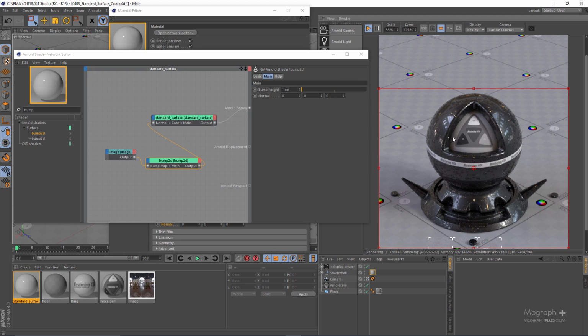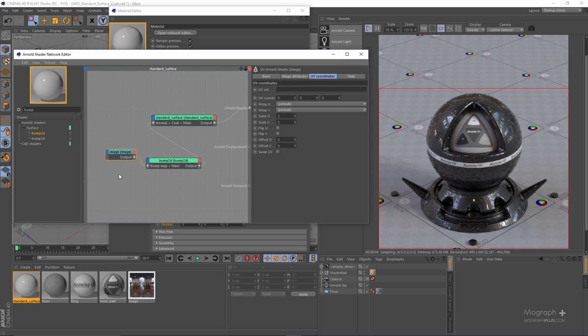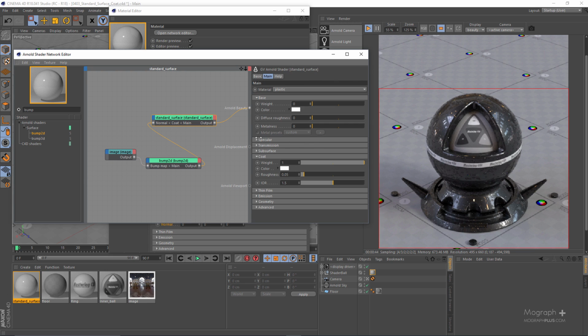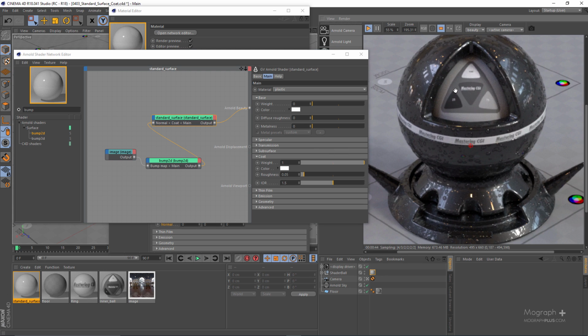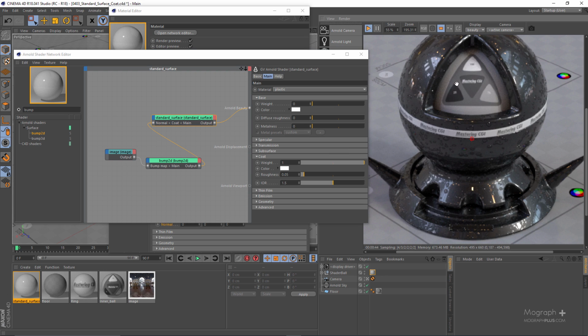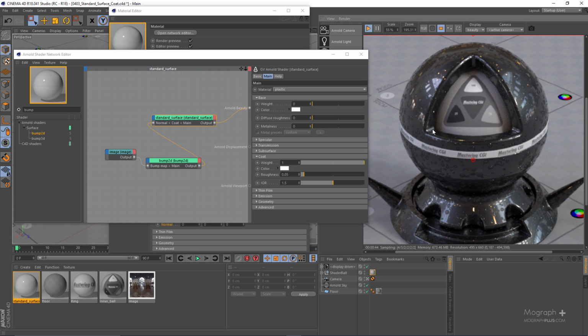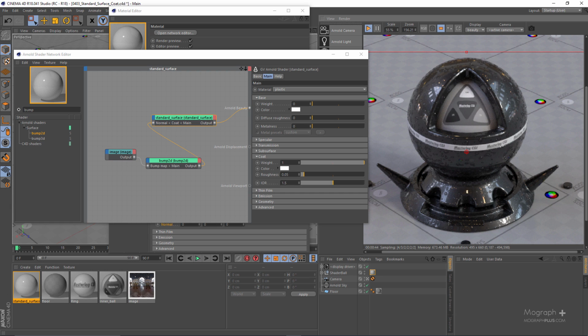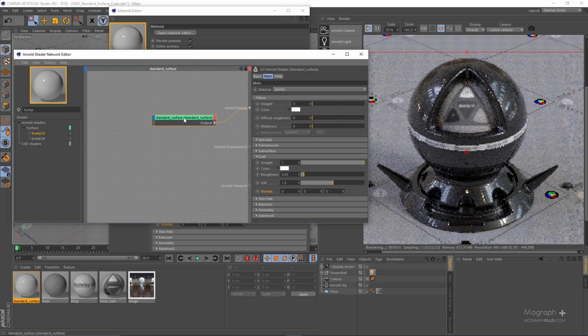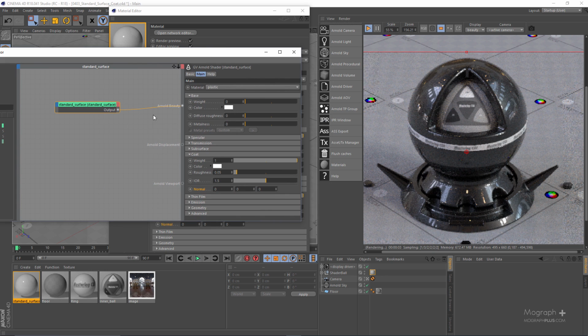And so you can clearly see how this image using the normal parameter is affecting our clear coat layer. You can see we have this kind of like rain effect. Now let me just show you how to actually create really realistic and eye-catching car paint material using the clear coat section. So I'm just going to delete this bump map, and let's start